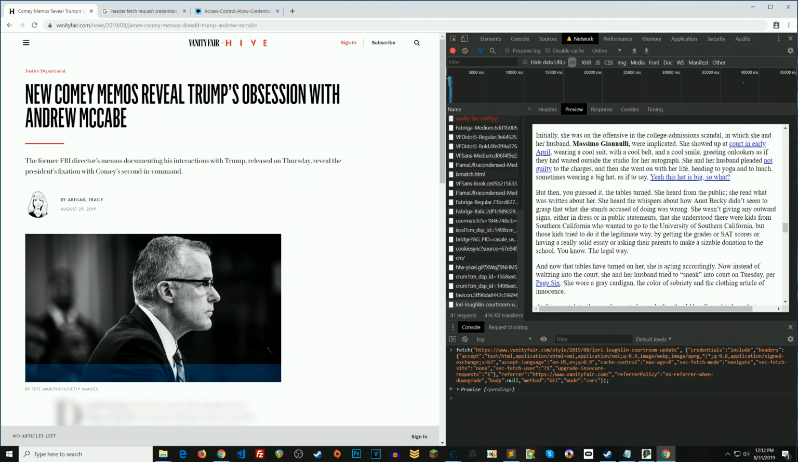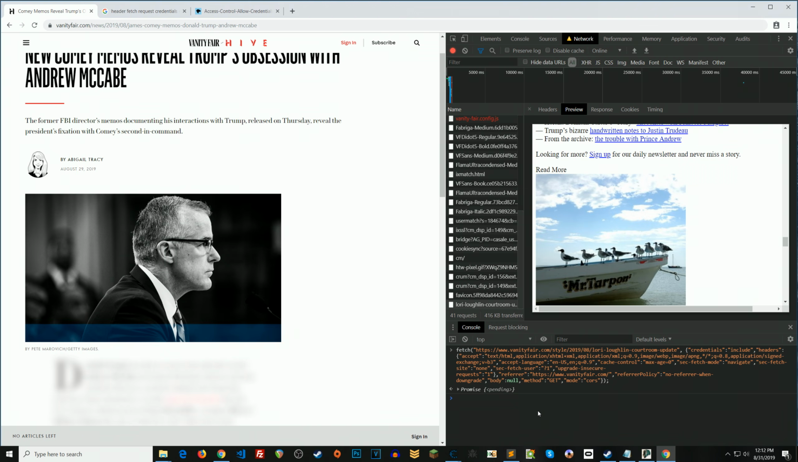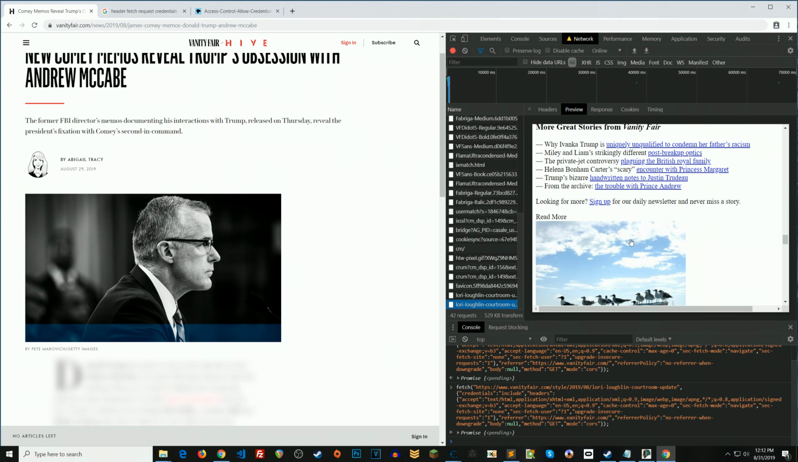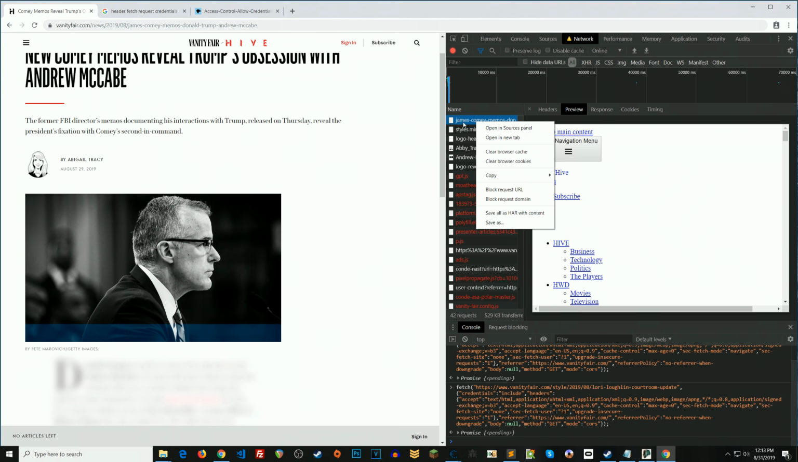Alright, so it looks like we've got that full article. If we do it again, that is that request, right? Yep. Okay, so we're getting that article. It may see that we've already accessed that article, so that's why it's giving it to us. So what we can do is right click on this James Comey, the one that we're loaded on, copy as